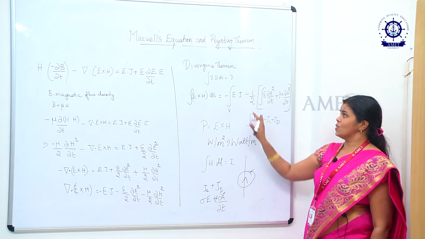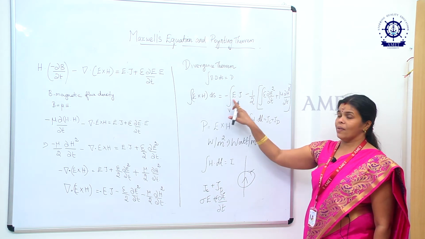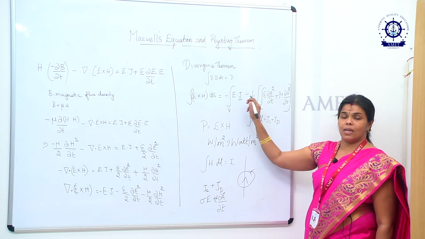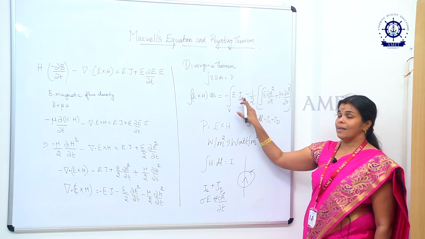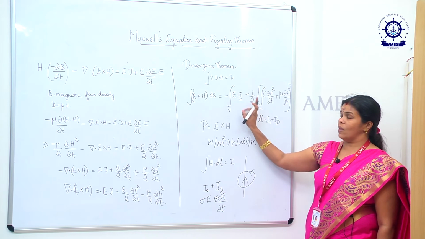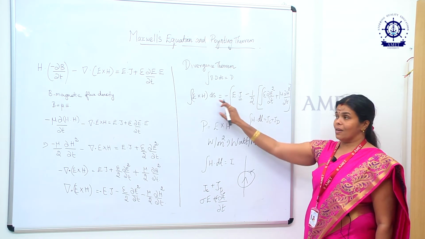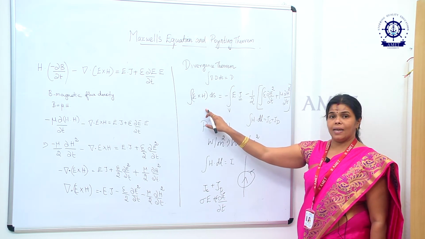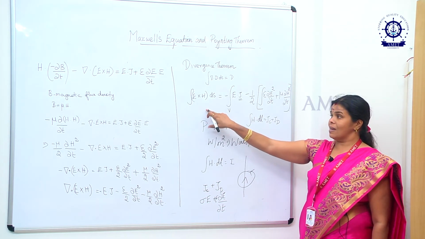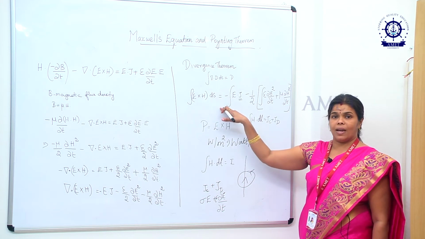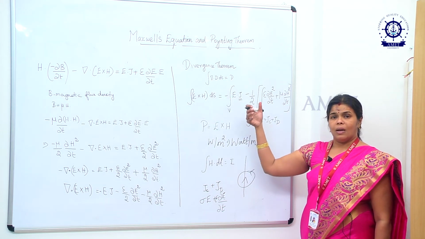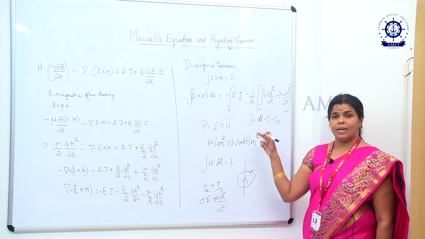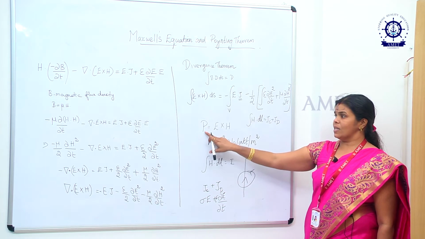And in the final result, after deriving the Poynting theorem, we are getting the current density, not the current value; it is the current density value, that is the E dot J value. This is the Poynting theorem. The Poynting theorem actually states that when a wave is radiating, there is a transfer of energy from one end to the other with a predictable amount of ohmic losses. That is actually stated by the Poynting theorem, and this is known as the Poynting vector.